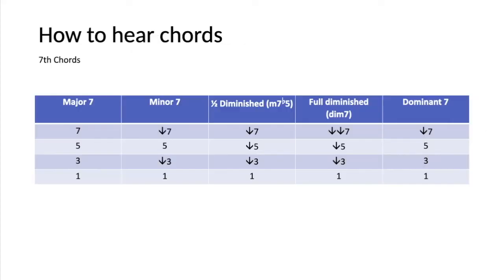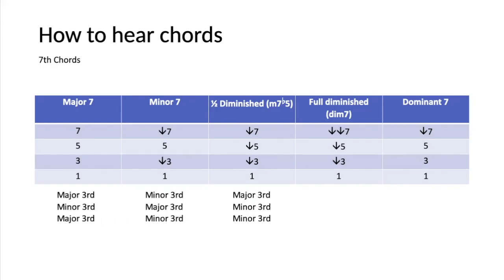Another way that you might be able to or want to learn how to hear these chords is by the intervals in between the notes. So we did a similar thing with the triads, and here it is for the 7ths. So I'm building upwards. So between the bottom 2 notes is a major 3rd, then a minor 3rd, and then a major 3rd. Major, minor, major. In the minor 7th, it's sort of around the other way. Minor 3rd, major 3rd, minor 3rd. In the half diminished, minor 3rd, minor 3rd,